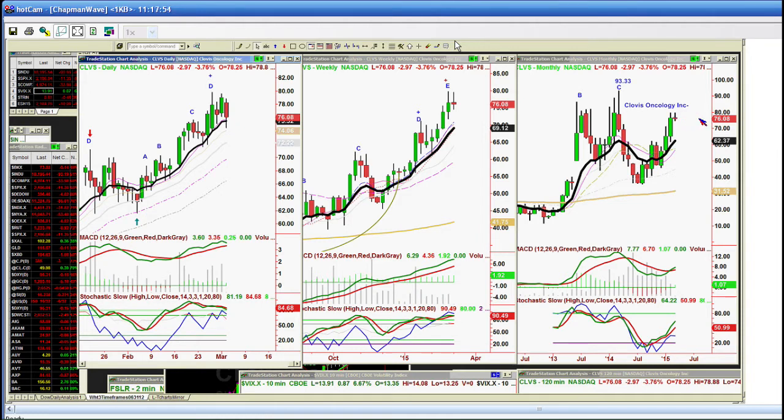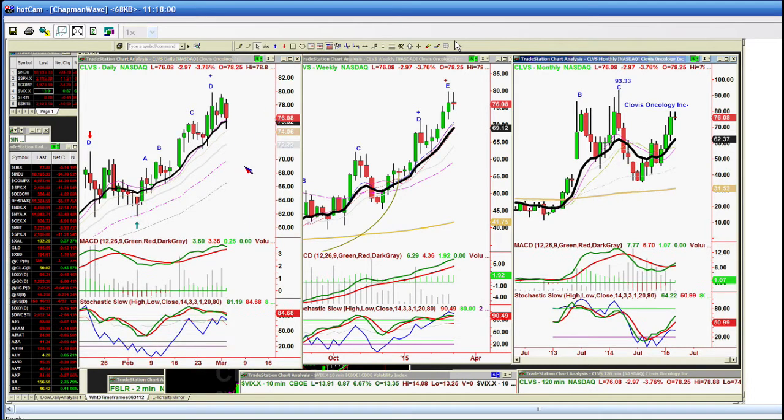BC, which could be an overlapping wave once it gets above 93.34 and start to make D. I like it. I think it's consolidating. I have a feeling that with the IBB being a little bit weak today, it is telling us there might be one more spike to a nominal new high,